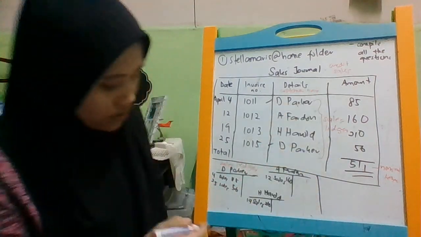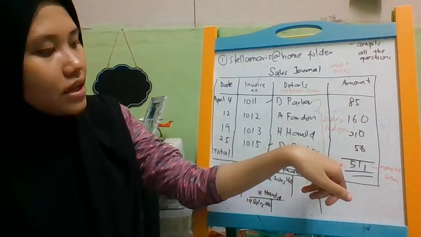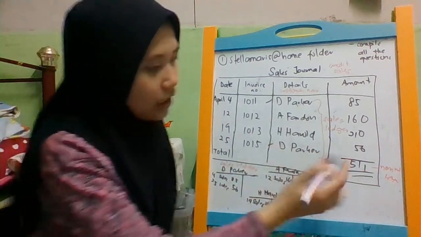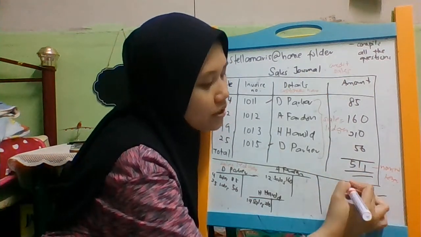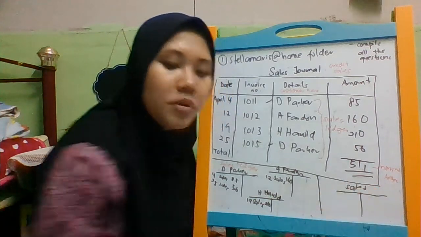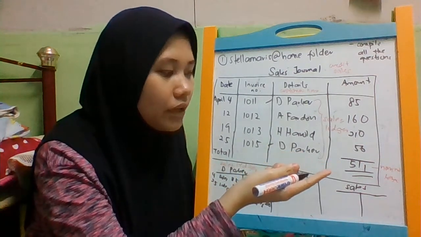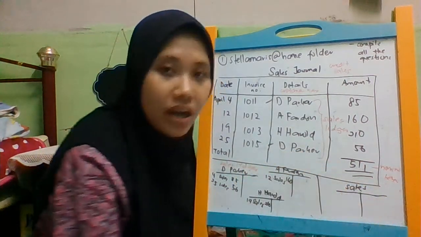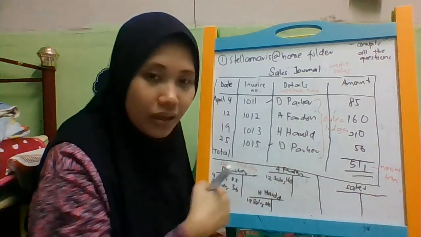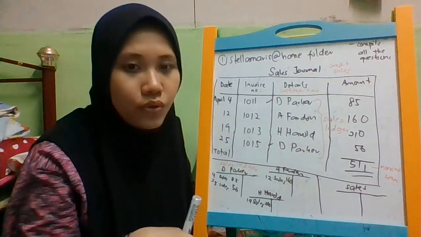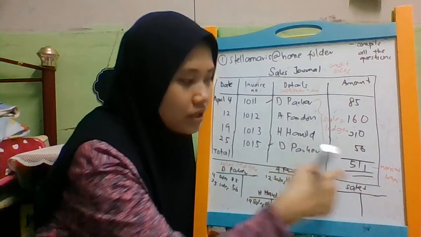Okay, now we have already settled the sales ledger. Another one is the nominal ledger here. Only nominal ledger 511. So open a T account, this 511 for your sales journal. Sales journal, debit or credit? You are giving out the services, so it becomes your credit side. This customer, I put in the debit side because they received the goods from you. Even though they didn't pay yet, they already received the goods from you. So here, sales,